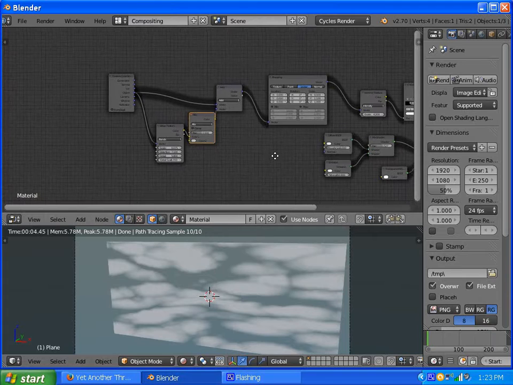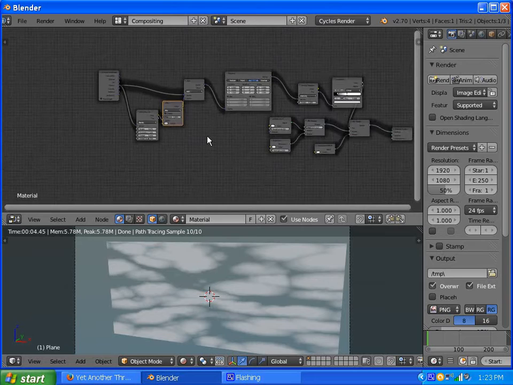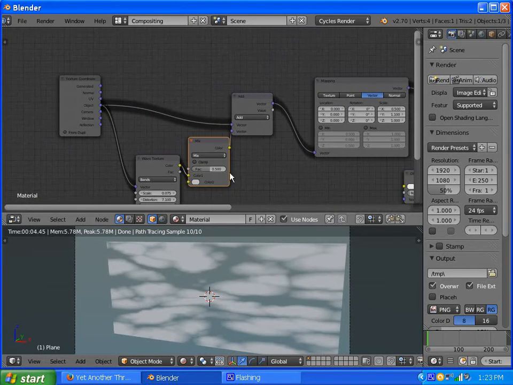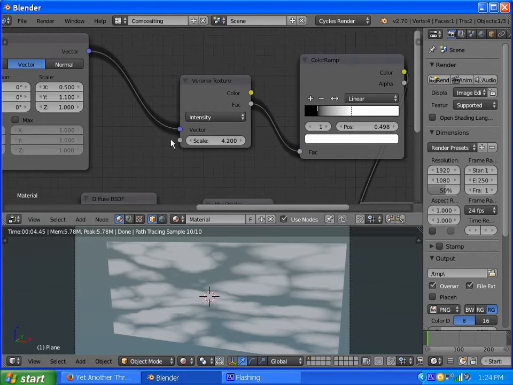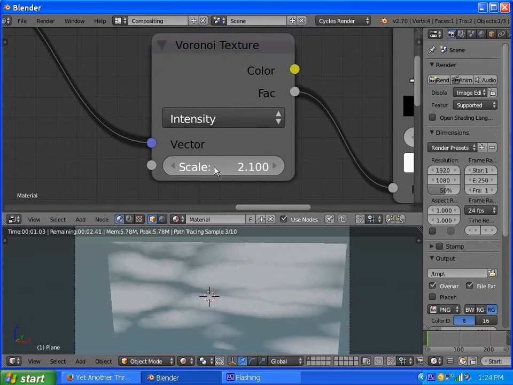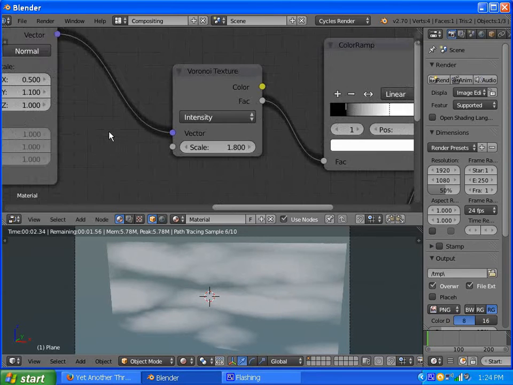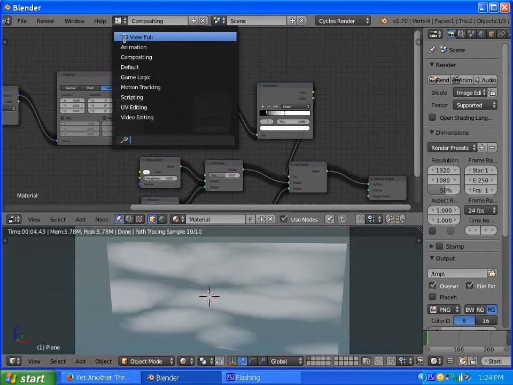So the problem is that it goes sharp edges on our splat here, and probably still want a smaller scale. So let's dial this scale down a bit. Yeah. Nice clouds. So how do we get rid of the sharp edges on this panel with our alpha mapped clouds? We do that